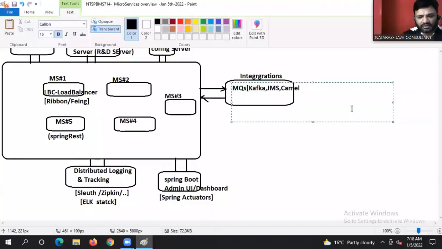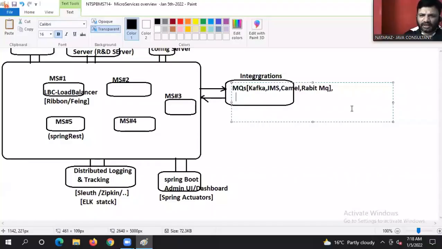Next, what else can it talk with? It can talk with RabbitMQ. So many possibilities are there when it comes to this one.